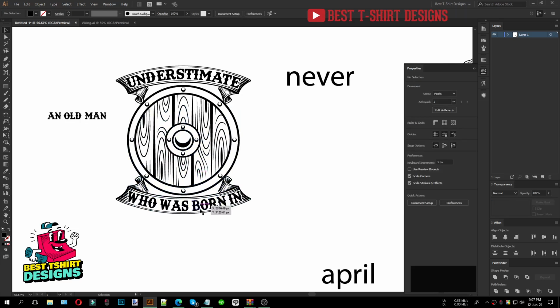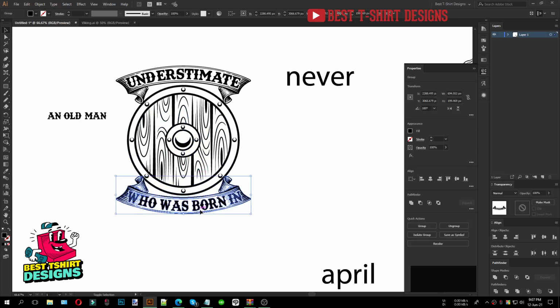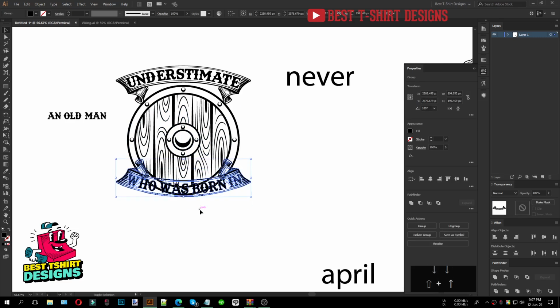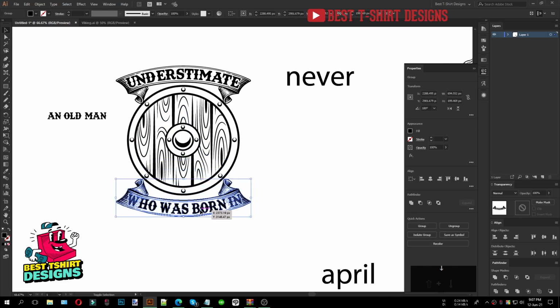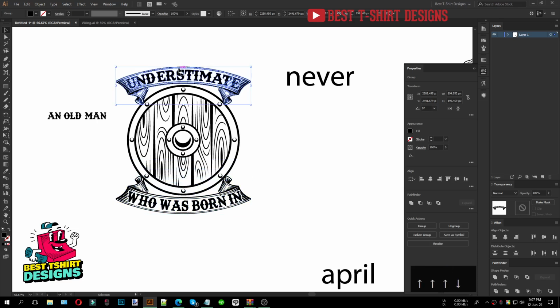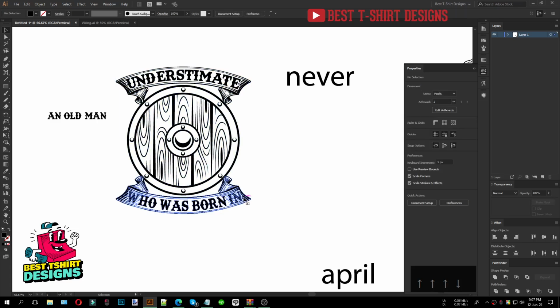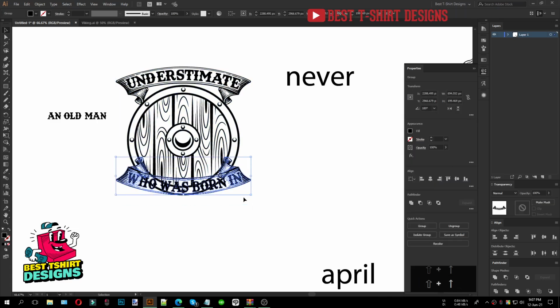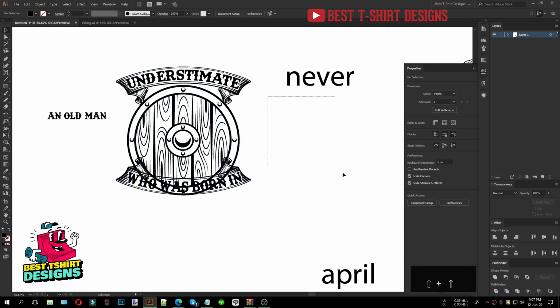Now here I want to do something like, let's say if I put this like this in this position, and then this one maybe in this position, that will make my design a bit longer, and I don't want that. I want to make the design shorter or fit in the perfect rectangle print area of a t-shirt. So this is how I am going to place it.